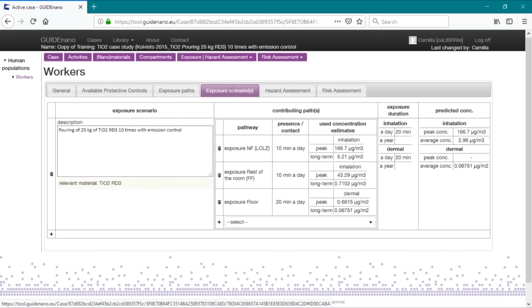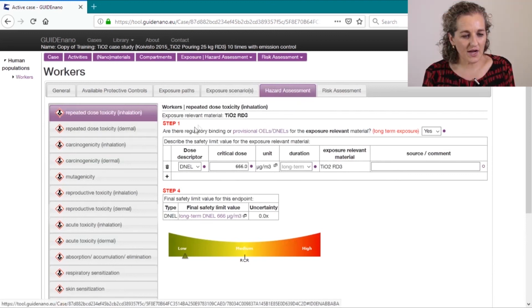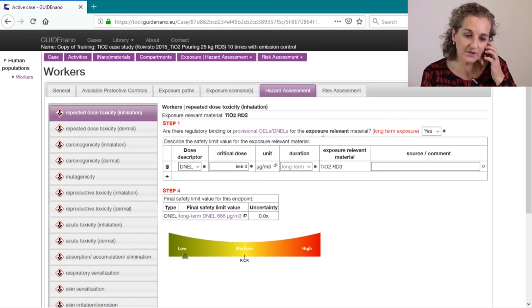After the description of all the exposure scenarios, we go to the hazard assessment. In the hazard assessment, the first step is the question about whether you already have the DNEL or the OEL values for your hazard assessment. Then you say yes here, and you can input your DNEL or your OEL value and the units,